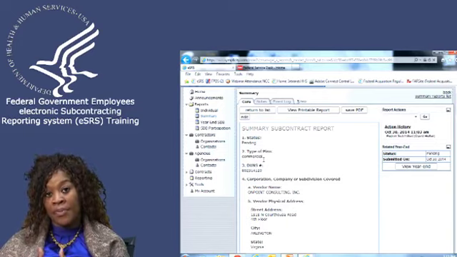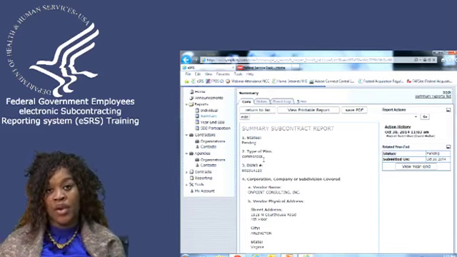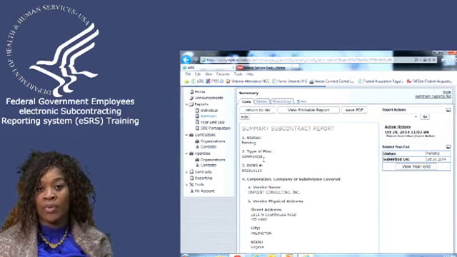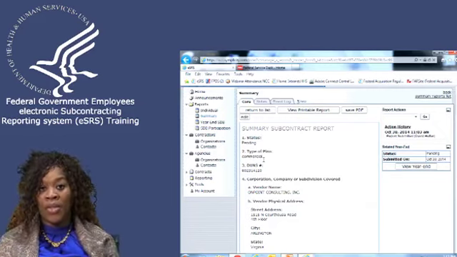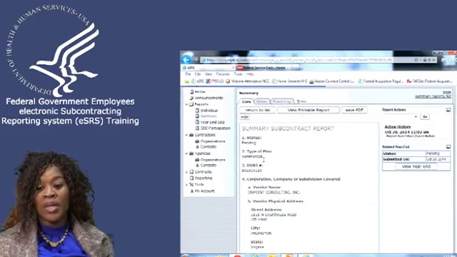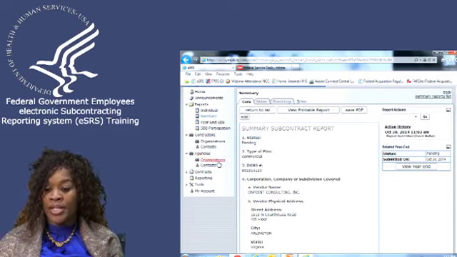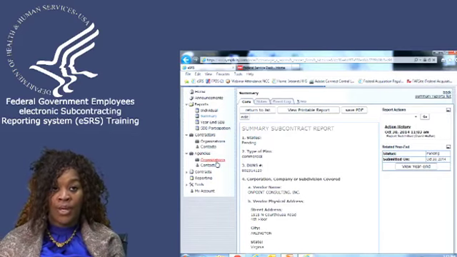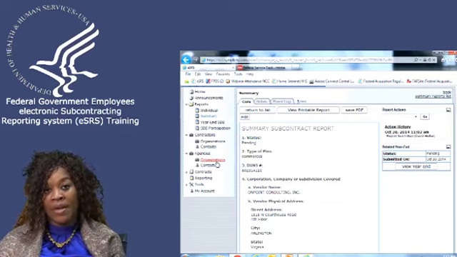However, if you have accepted that commercial plan report, you still have the responsibility of reviewing that report, of viewing HHS or your agency subcontracting accomplishments, contacting that approving agency, letting them know they either accept the report on your behalf or reject the report on your behalf. In order for you to communicate with that contracting officer, you would need to look in the agency section of eSRS. You would click on organization, and you would just search for that particular organization and contact the agency coordinator. That agency coordinator would then communicate with whomever in their contracting office that has that responsibility.